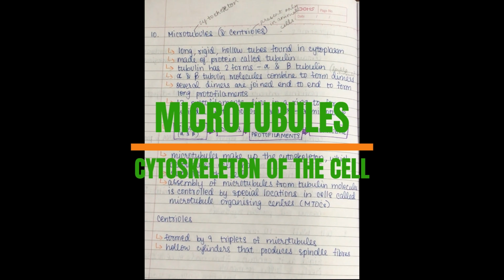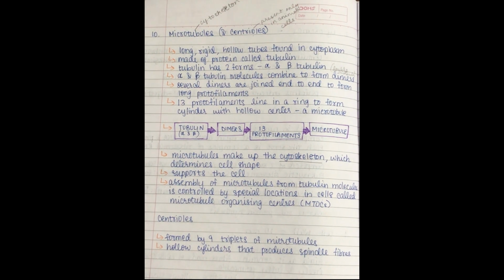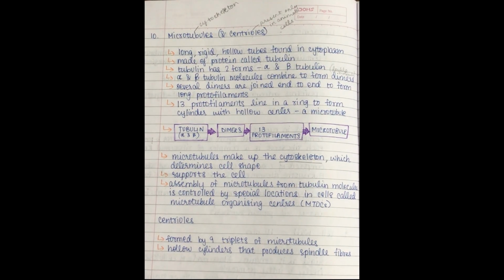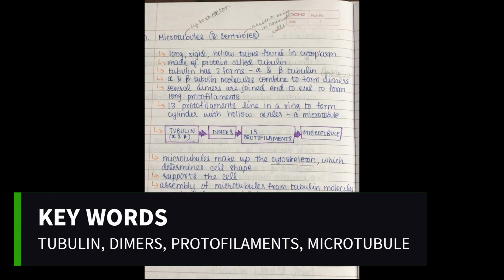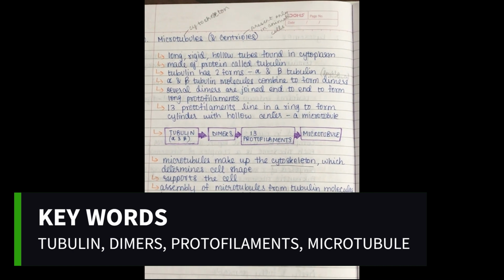Microtubules. These are long, rigid and hollow tubes which are found in the cytoplasm, and they are made of a protein called tubulin. Microtubules make up the cytoskeleton of the cell. Now tubulin has two forms, alpha tubulin and beta tubulin. Alpha and beta tubulin molecules combine to form dimers, and several dimers joined together end to end form long protofilaments. 13 of these protofilaments line in a ring to form a cylindrical structure with a hollow center,